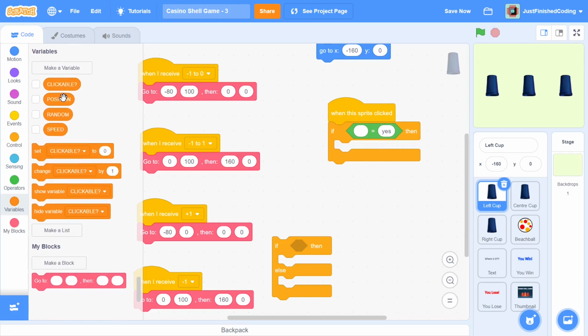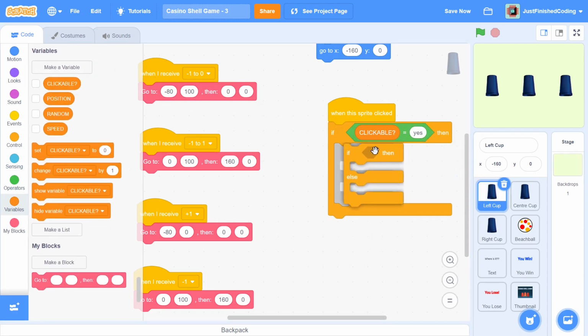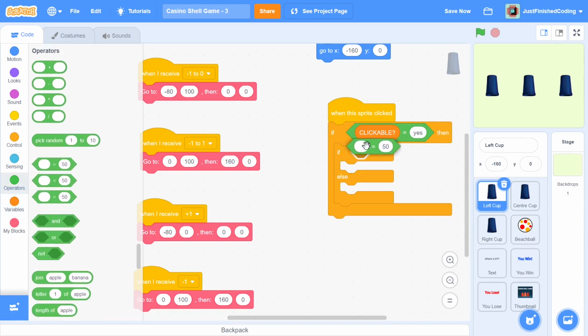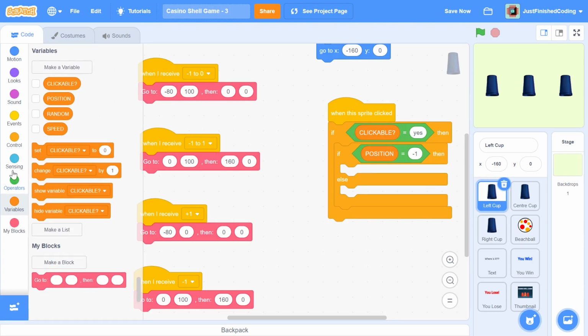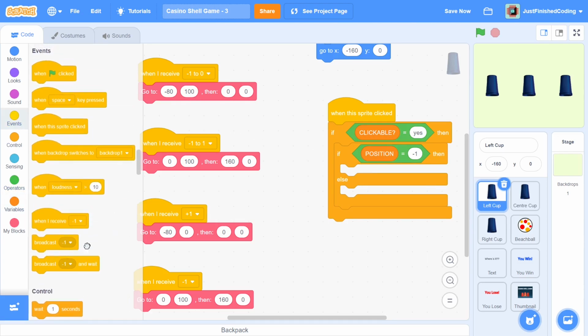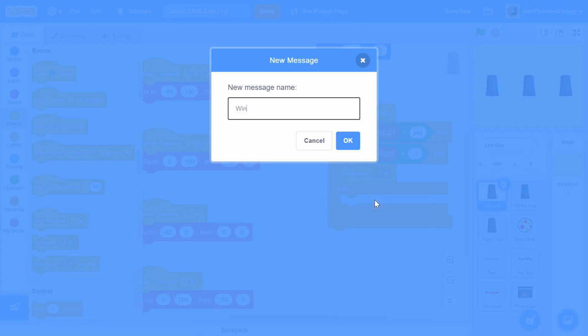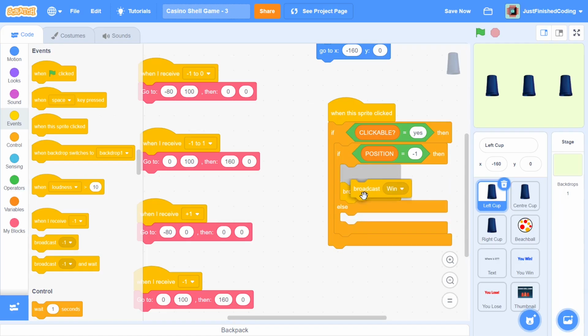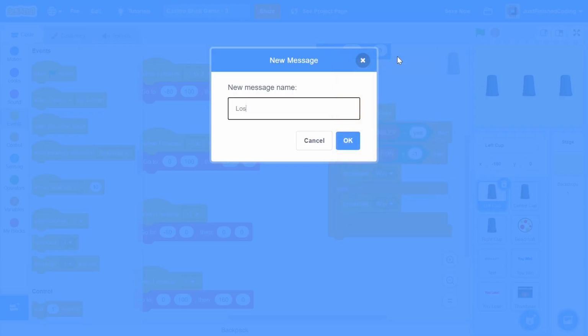So if clickable is equal to yes, then I'm going to head over into this if else, and I'm going to say if the position is equal to, this is the left cup, so it's going to be -1. So if the position is equal to -1, then I'm going to broadcast a message which says player wins, and in case the position is not equal to -1, then I will broadcast a message saying that the player has lost.